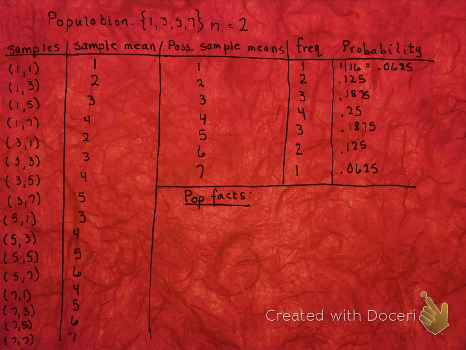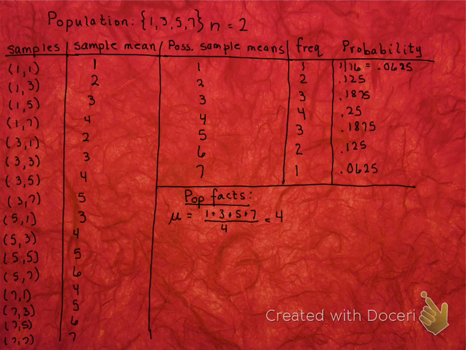So for the population mean, add those 4 numbers together, 1 plus 3 plus 5 plus 7, and divide by the number of numbers that you've got, which is 4. So if you add up all those numbers, you get 16 over 4,